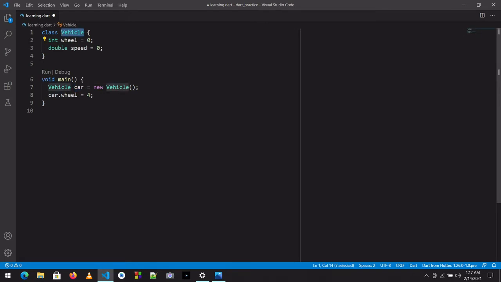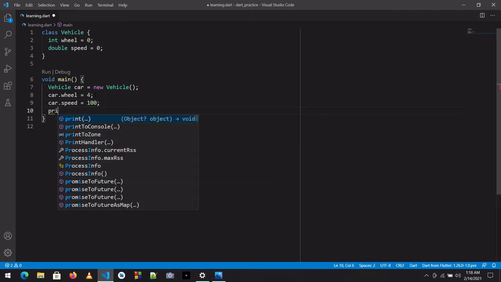The car object has the power to access this wheel attribute and change its value. So I give it a value of 4 right now, and I also want to change the speed of this vehicle. So car dot speed equal to, for example, 100 kilometers per hour, so I just write 100.